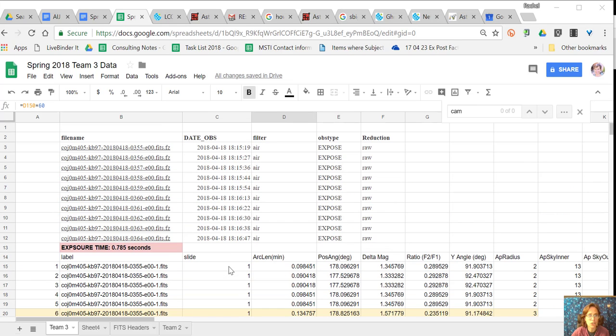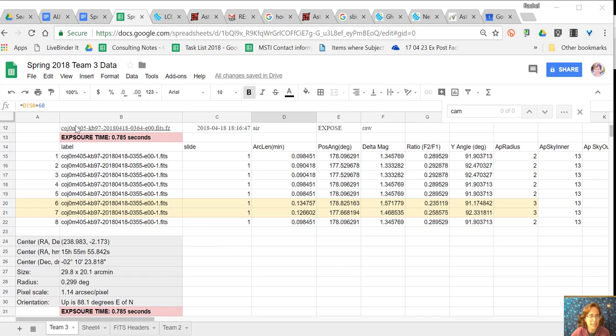Okay, Team 3, I'm going to show you the data that I've analyzed so far. It's gotten kind of complicated. For exposure time of a little less than 1 second, it turns out the images are not saturated. And by the way, these COJ, that is a code telling us these images are from the Siding Springs, Australia